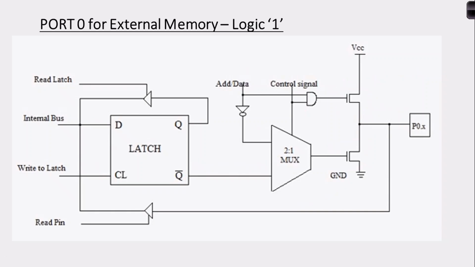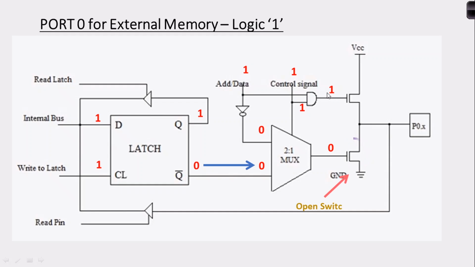Okay, so how can we send logic 1? Again I'll make my control signal 1, and I'll have this data as 1. Let us forget this part over here, because we are dealing with external memory, so we'll concentrate only on these signals. Since it is 1, the inverter output will be 0, so I'll be getting 0 over here, and this transistor is in off state, so it is an open switch.